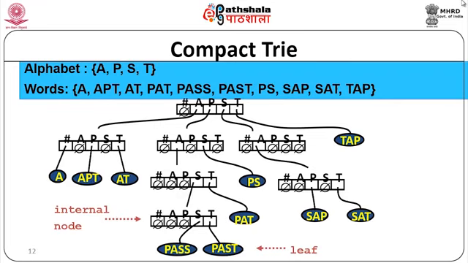From the next one, S, you have A only, and from T you have only TAP, there is no other prefix issue, so directly TAP. So, that is what is slightly different. Why is it compact? I will explain. Then if you look at A, after that there is no prefix coming, so you just take the letters. In P you have PAT, PASS, PAST, PS, PS is over. Now, in PAT and PASS, T and S you have. So, T and S is separate, PAT comes, and PASS you have S and T, so that is taken. Now, these are the leaves, these are the internal nodes as seen.